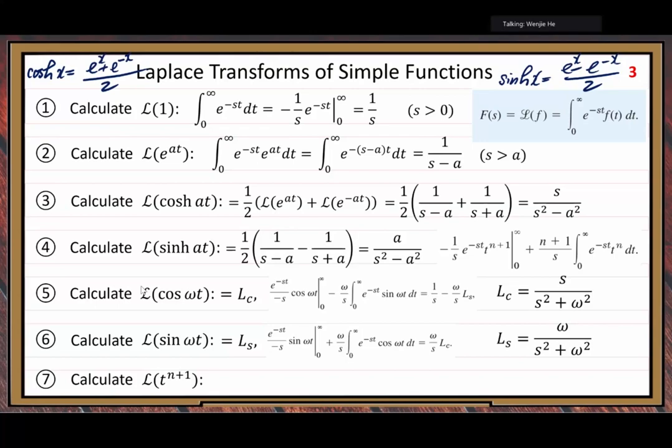Exponential grows faster because of the negative exponent, you put e to some infinity number in the denominator. So you compare the numerator t to the n plus 1, infinity, over the denominator e to the s times t, also infinity, but the exponential function increases much faster than the polynomial term. That's why when you take the limit,